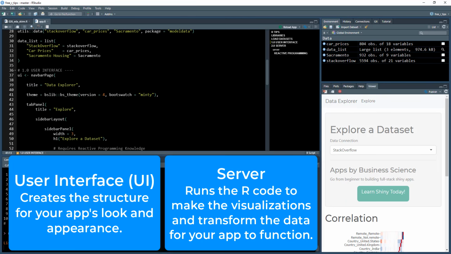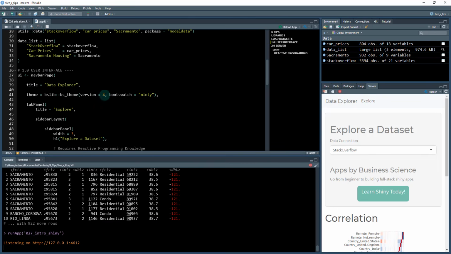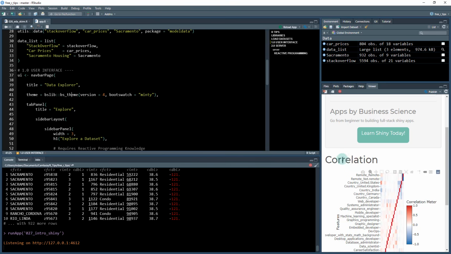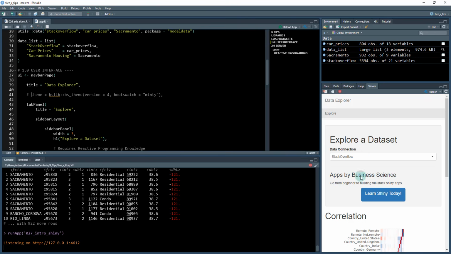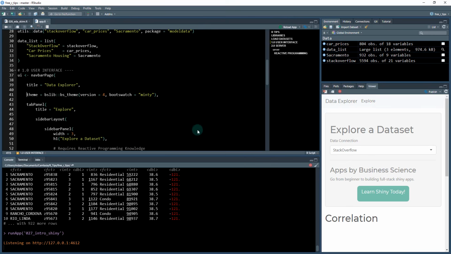You can see I've got a theme. This theme is actually a Bootstrap version 4 theme from this company called Bootswatch makes it. It's labeled Minty, and that's this kind of greenish and light colored theme that the app has. You can see if I toggle this off and if I save this and just reload the app, you can see that the theme changes. So that's what we're doing here. So if I save that and reload it, we're going to see this theme update,